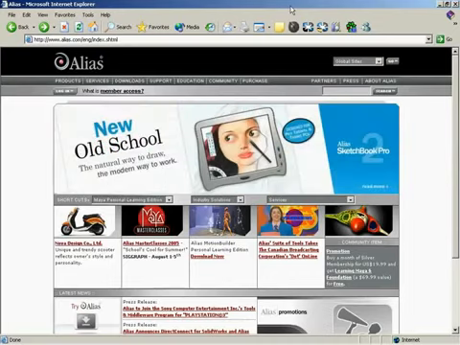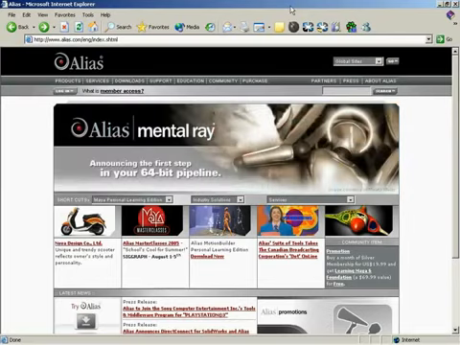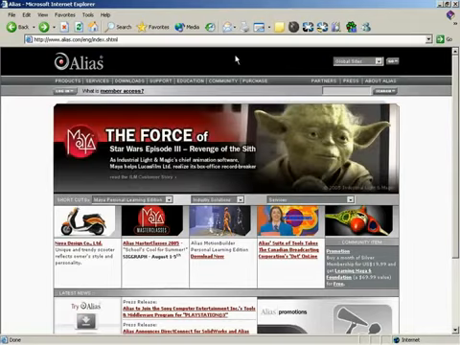This is Maya's Personal Learning Edition. With the application, it's a bit limiting, but for the most part, it is a fully functional version of Maya. So how do we gain access to this? It's quite simple. First, just head over to